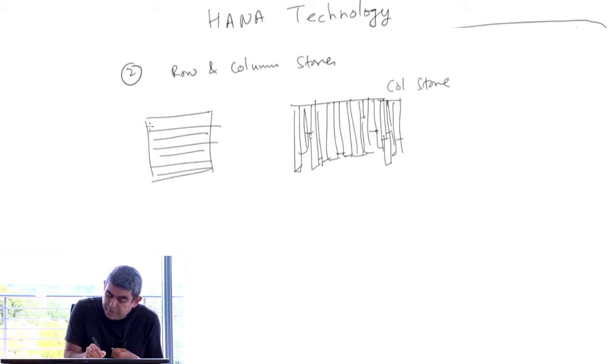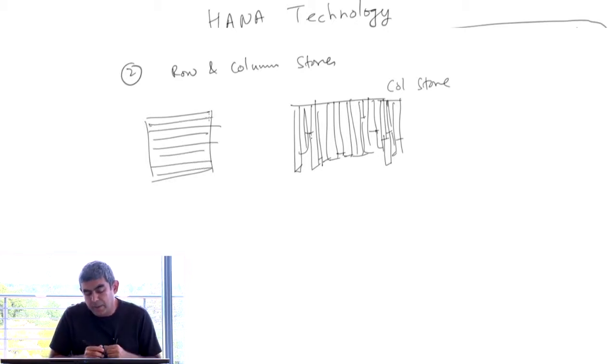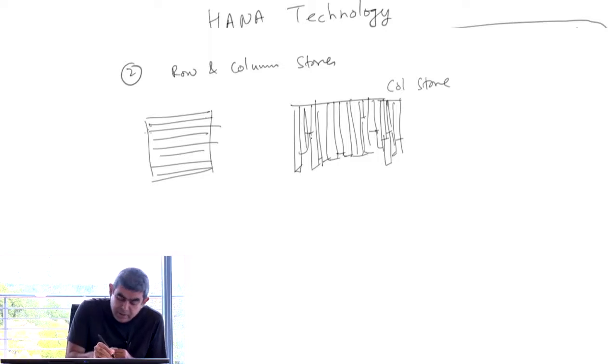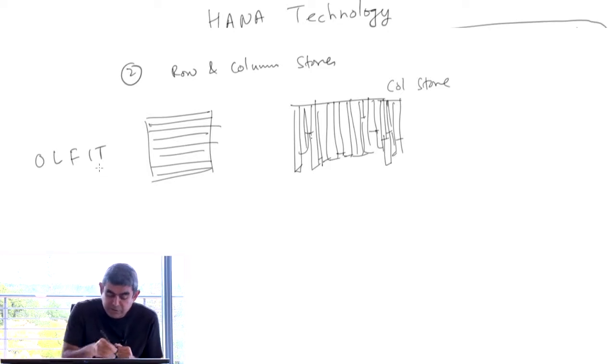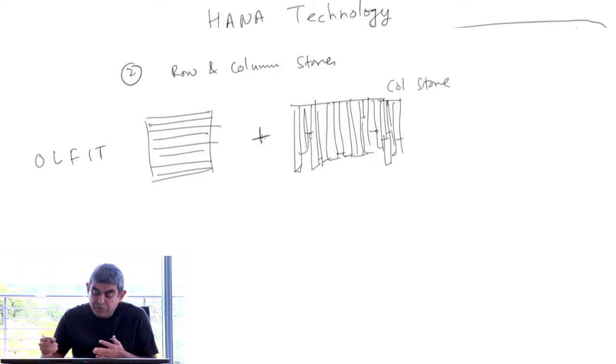except our row store is in memory, and it has some pretty amazing inventions like optimistic latch-free index traversal, which is when you have to store a transaction in memory. You have to be able to do that without locking up the whole thing, and so we do latch-free index traversal. So this was a new data structure that Sang and his team had designed, and so on and so forth. So we have both of these, and the benefits, of course, of the row store are that you can do transactions quite quickly. The benefits of the column store, like I already talked about, is that you can do